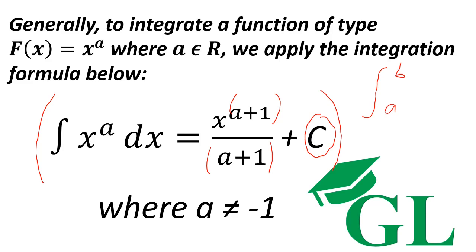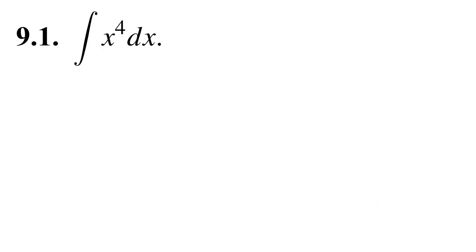It's always very important for you to know that your a must always be different from -1. This is because we don't want to have situations where we are going to have 1 over 0, which is equal to infinity. Alright, let us move now to our